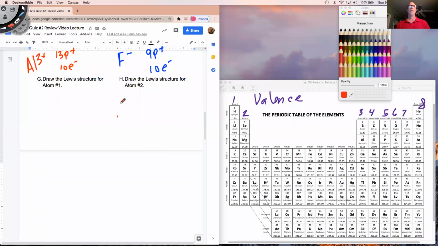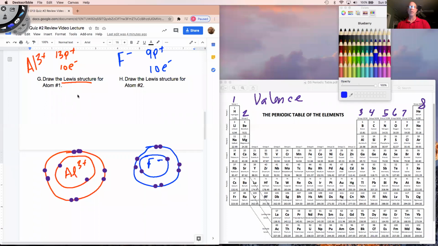Okay, so the last part that you're going to have to do, this is G and H, is you're going to have to draw the Lewis structure. Now, the Lewis structure of an atom, this will be atom number 1, which was aluminum, deals entirely with the number of valence electrons. The valence electrons are the outside electrons. So, for example,